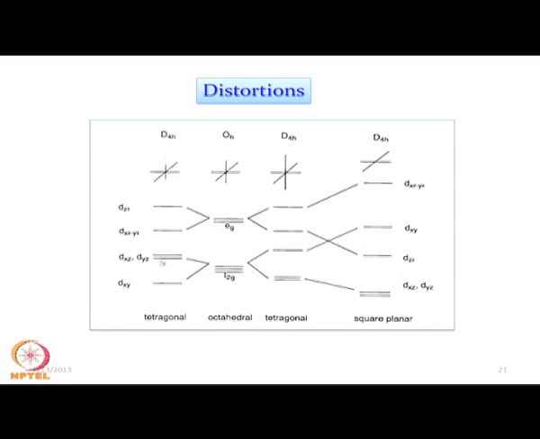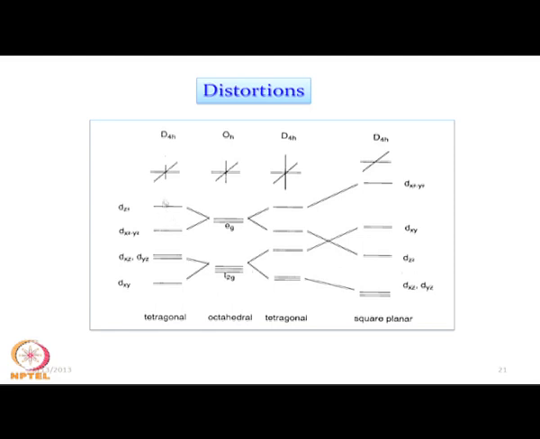So, the doublet will now be destabilized compared to dxy, and these two, that means dx square minus y square and dz square, would be split again, but in the reverse order as we have seen for the corresponding elongation. So, this dz square would be up and dx square minus y square will be down. So, in a tetragonally compressed form, our dz square would be the most destabilized one, and which we will find